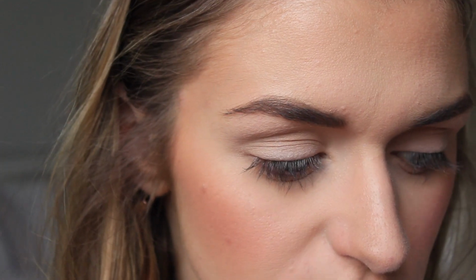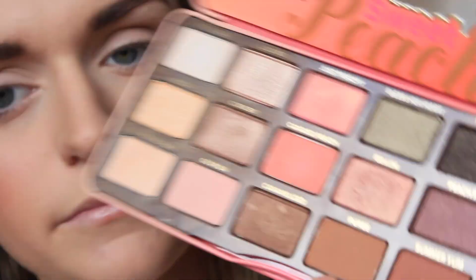Today's look is going to be a little bit more dramatic. I don't usually wear makeup during the day that much, so I kind of tend to go a little bit more full on at night, but not too crazy. So I'm just going to use a lot of neutral tones. I'm going to start off with Puree and just sort of blend that into the socket